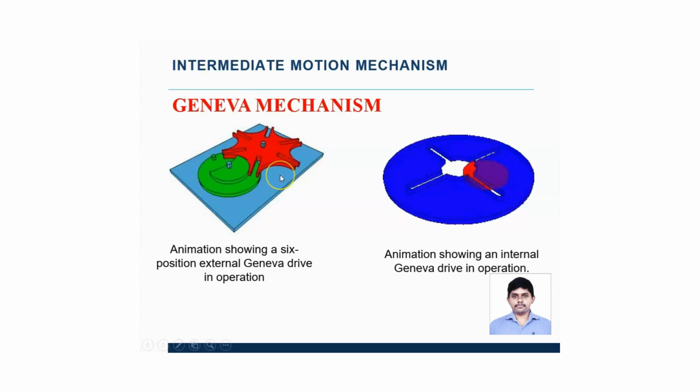Here you see in the first one on the left-hand side, this animation shows a 6-position external Geneva drive in operation. The 6-position means there is the first, second, third, fourth, fifth and the sixth. When there is a rotation in this green disc, this gear makes an arrangement in the opposite direction of the rotation. So here this is the lock key shaft. Due to this rotation, the slot gets locked in between